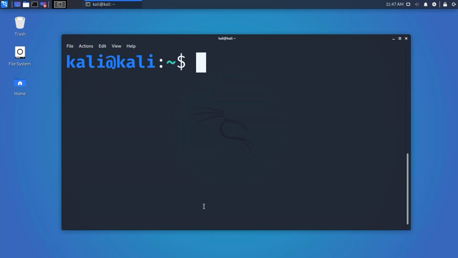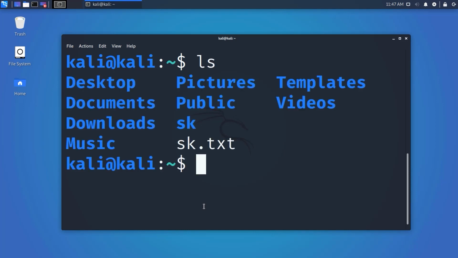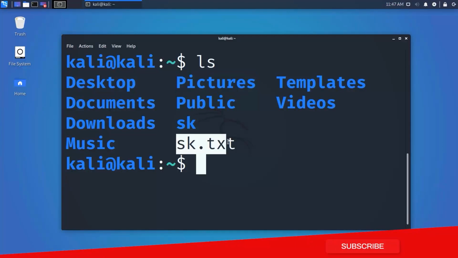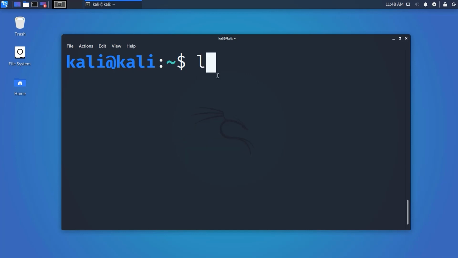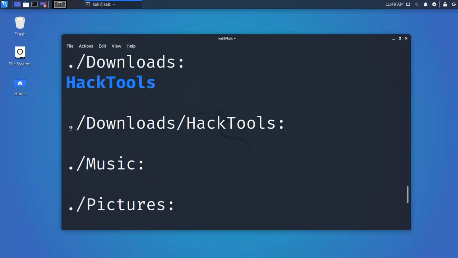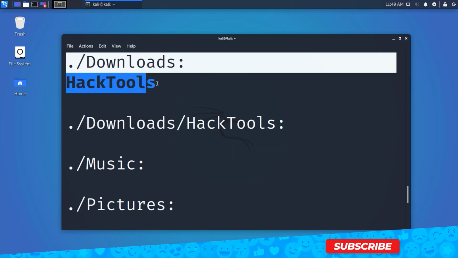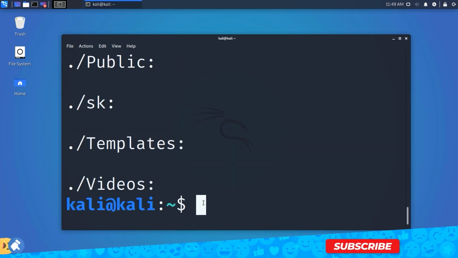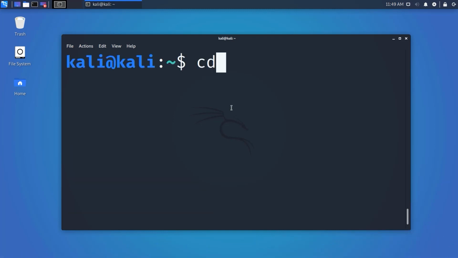Now to see what files and folders any directory has, you can just use the ls command. ls stands for list. Type ls and you will see the subfolders and files of your current directory. Directories are denoted in blue color and files are denoted in white color. With this ls command, we can use many attributes. Like if you use ls, then space, then the -R option, it will show you all the files, not only the directory but also the subdirectories. And if you want to see every single piece of information in detail, just use ls with the -l attribute.